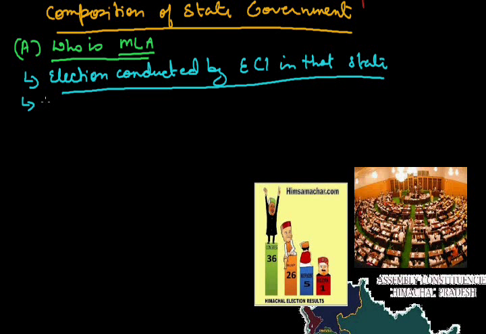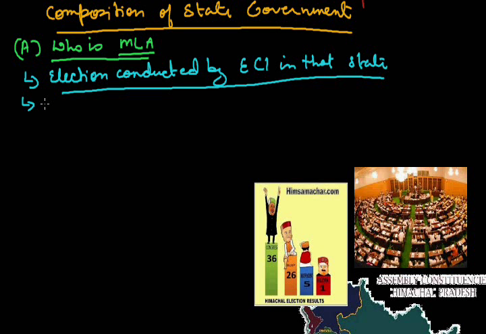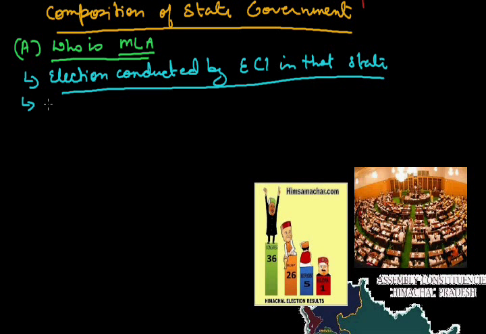Different political parties give tickets to their members who nominate themselves in those states. Now, for forming a state government, it is necessary that the seats must be more than 60. Here in Himachal Pradesh, there are a total of 68